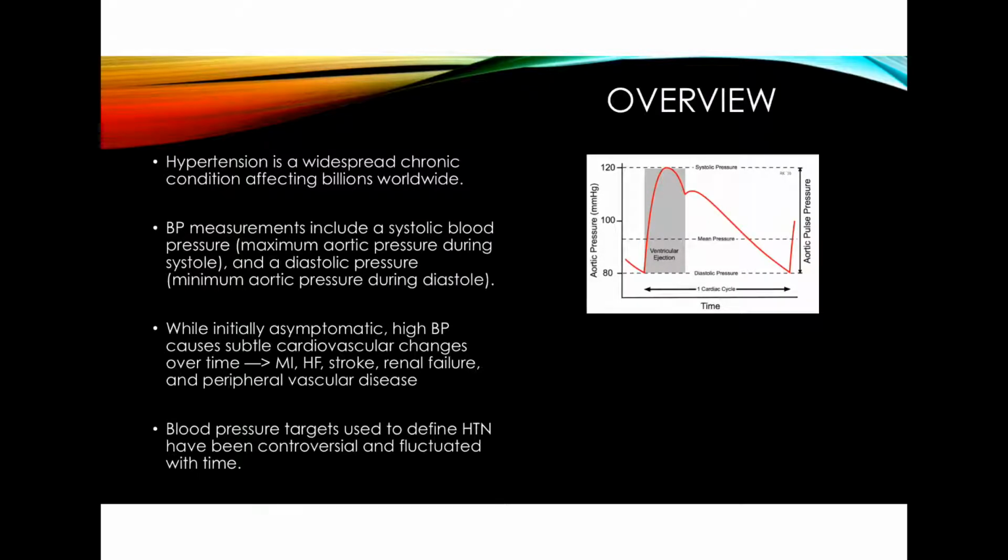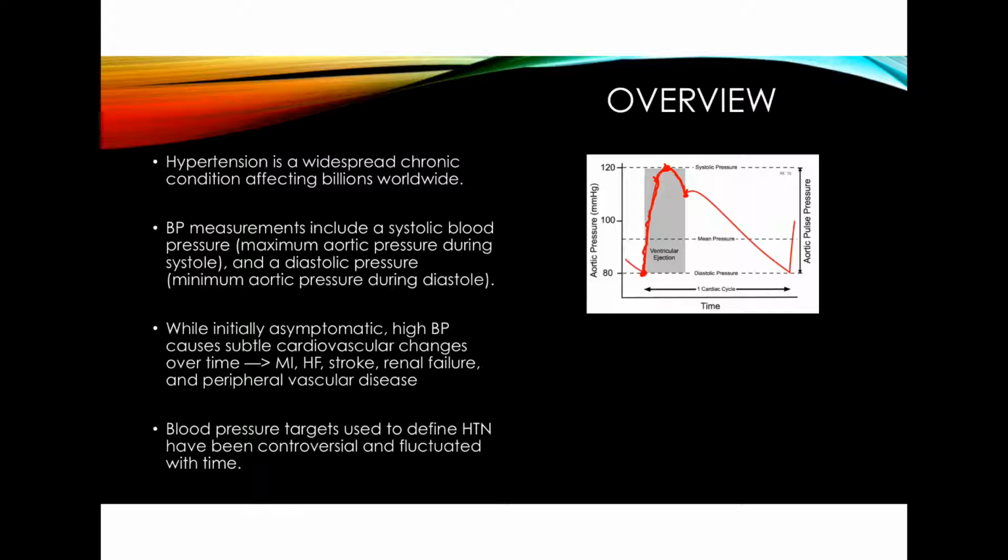Here's a graph of blood pressure as measured in the aorta over time. We start out in the beginning of the cardiac cycle, just before the start of a contraction, pre-systole. The blood pressure is at a low of 80 millimeters of mercury. That's the diastolic pressure. The heart then contracts during systole, and that causes the pressure in the aorta to rise up to a maximum, in this case 120, which is the systolic pressure. The pressure then starts to fall